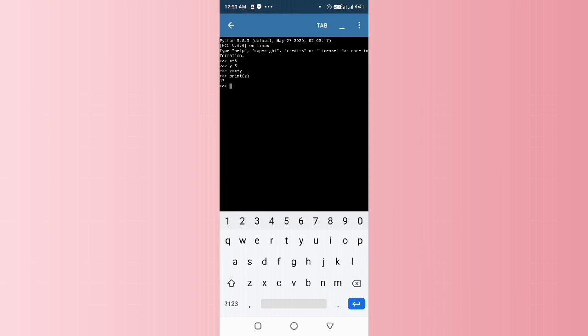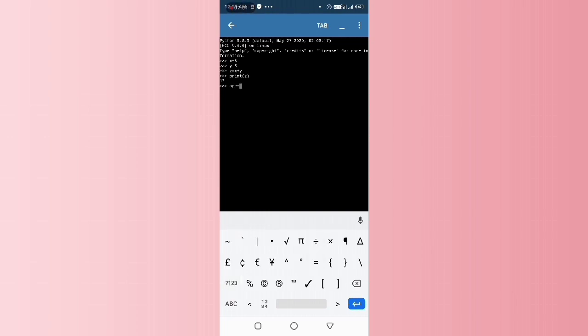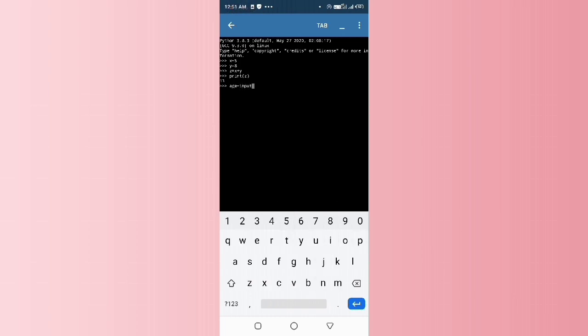Just let me declare another variable, that is age. I have declared a variable called age here, friends. So age equals, there is a built-in function called input. Input function, or you can call it a method, that we use to read data from the terminal, that means the data from the interpreter or from the keyboard. I will enter it here as: enter your age.